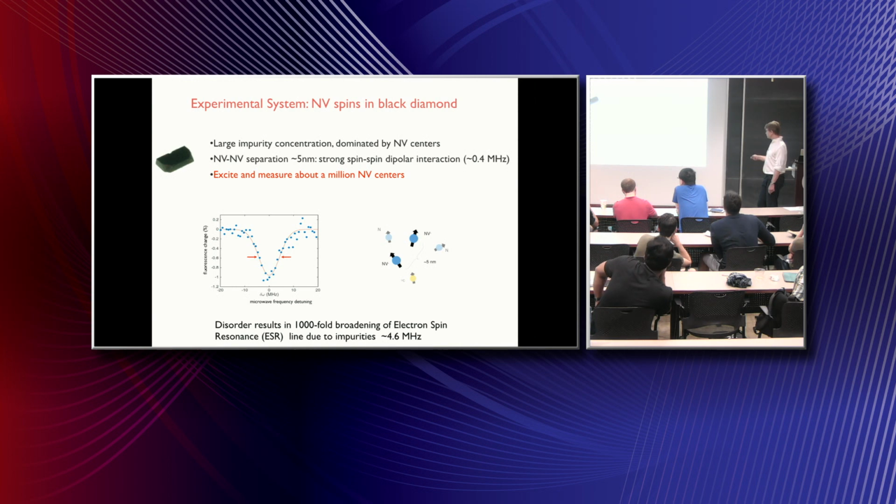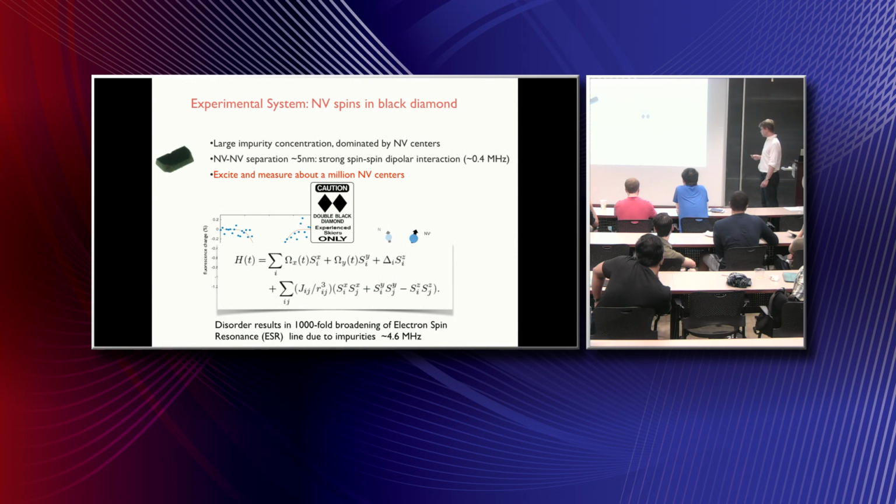So that's the sample. Of course, to begin with, it looks like a complete mess, right? So you have to do a lot of work to characterize it. But we were able to do it, and it turns out that, at least for purposes of today's talk, the spin dynamics in these samples can be described by a relatively simple Hamiltonian, where you have some driving term which can flip the spin.